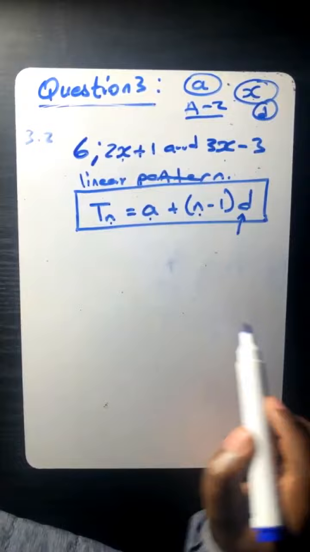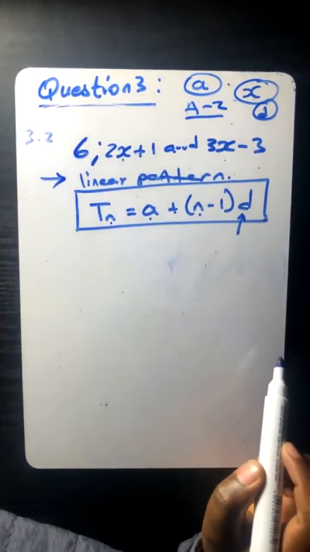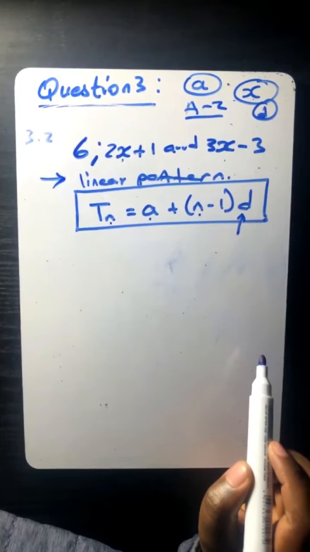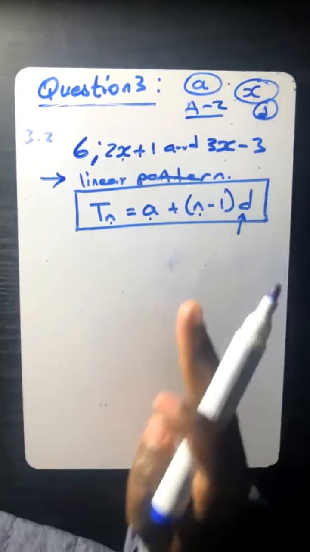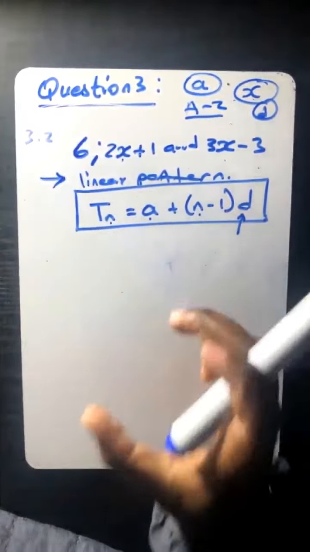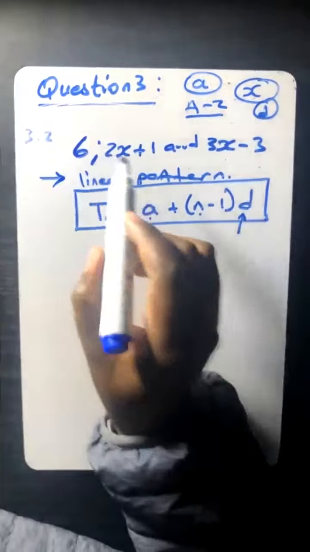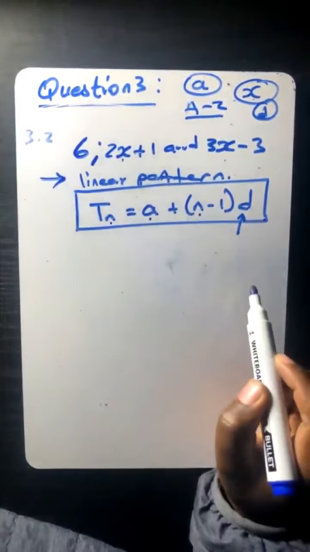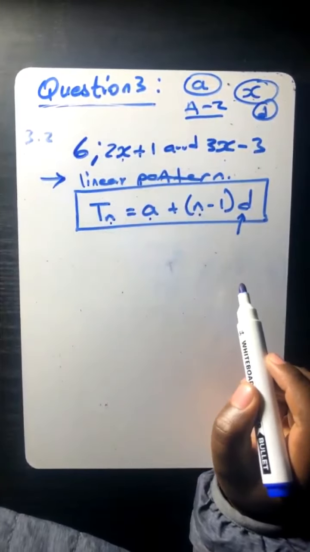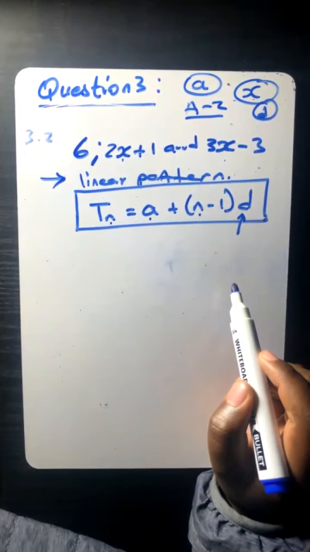And most importantly, they are going to mention the type of pattern that is given. They are either going to say it's linear, or arithmetic, geometric, or quadratic. You just need to know the characteristics of each. Okay, let's see. Here they are saying this is a linear pattern, and the question says calculate the value of x. What is it that you know about